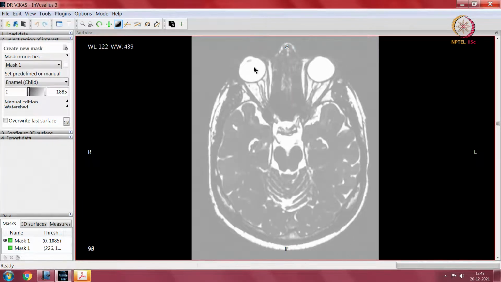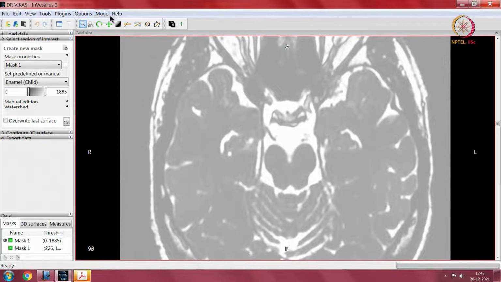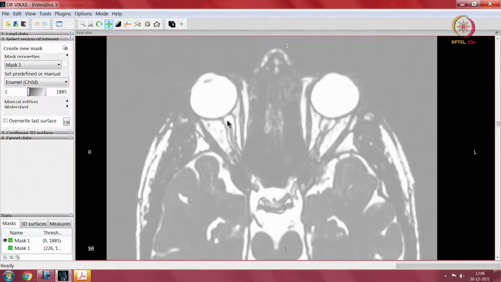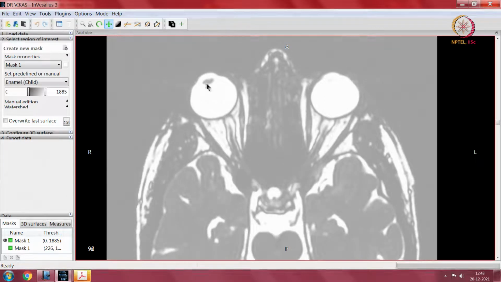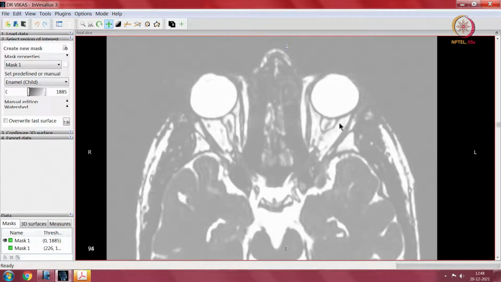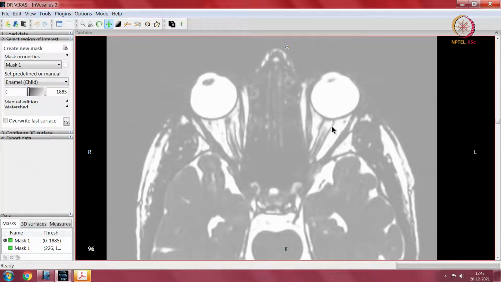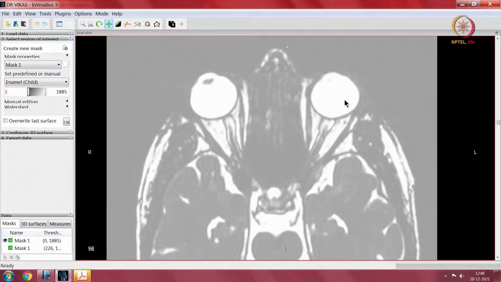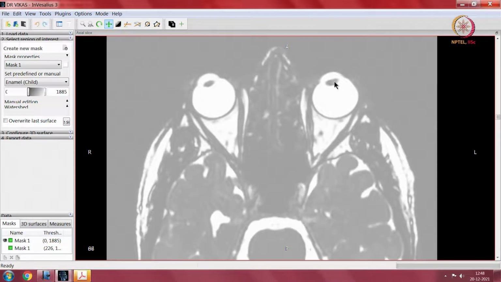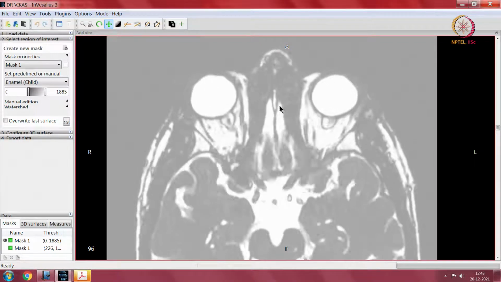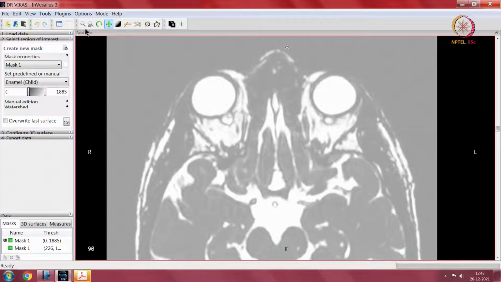So, these are eyes obviously, and you can distinctly make out the optic nerves. You can see the optic nerve over here, and you can see it is pretty lazy, as in loose, because it has to accommodate the rotations of the eyeball within the socket. The nerve should not get stretched when you look towards one direction, and that is the purpose of the optic nerve. This is the eyeball. This black thing is actually the lens, this is the nose. So, orientation done, we go back to our primary